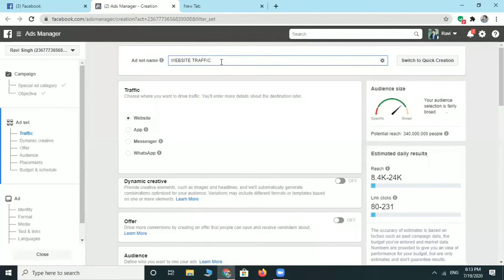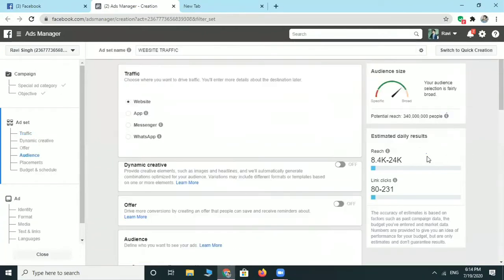So I have written website traffic here, and see there is an option for which application you want to increase the traffic on: whether on a website, on an app, or on Messenger or WhatsApp. So today we will go for a website and learn how to increase the traffic on a website.